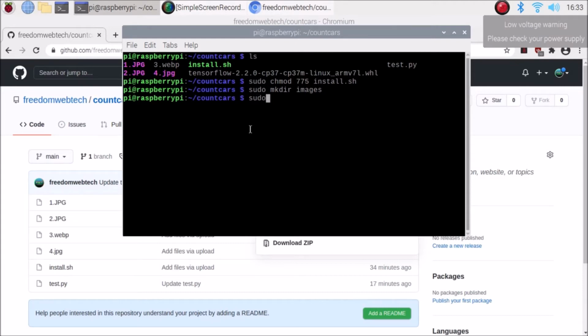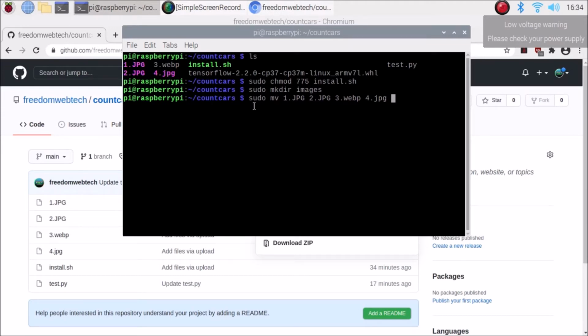Inside that folder we need to move these testing images. So we run sudo mv, then the image names 1.jpg, 2.jpg, 3.webp, then 4.jpg. These are all the images, 1 2 3 4.